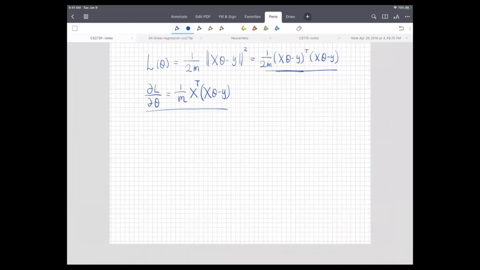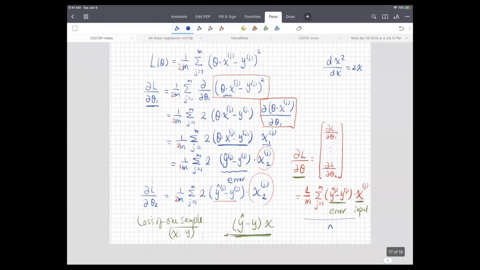And that more or less completes how I update my parameter theta. So let's revise what